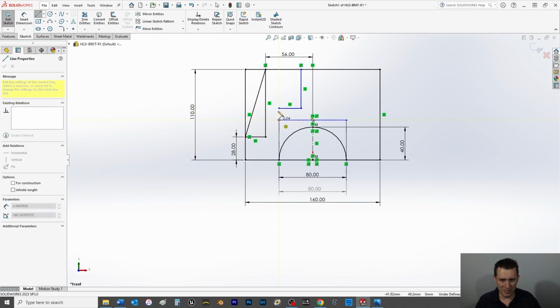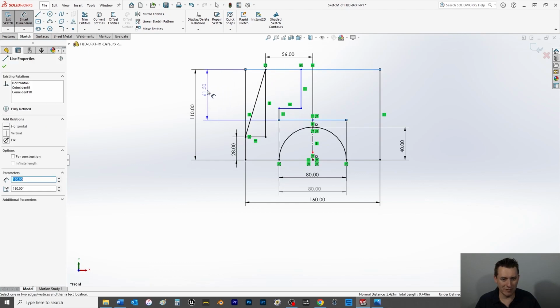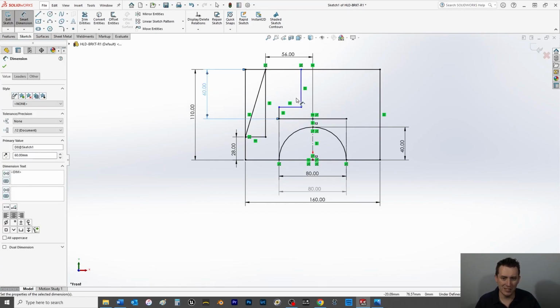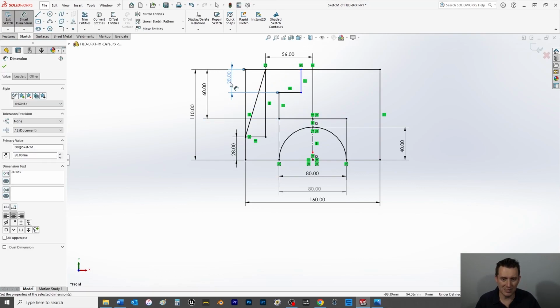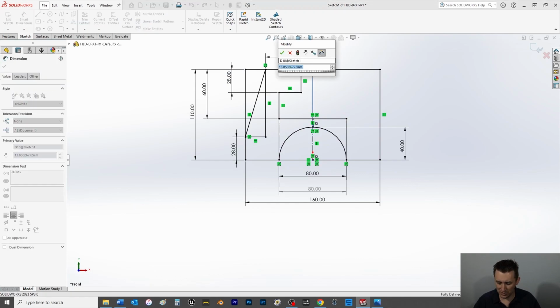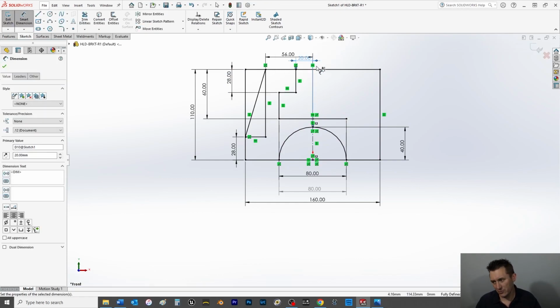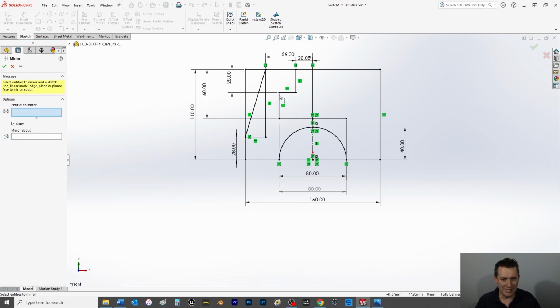Then I'm going to slap this line here, and this from the top reference is 60 mils, and this one here is 28 mils, and then this width opening is 20. Yep, cool. Now we can do an awesome mirror entities. Grab all of these lines here, except that one, don't need that. This,